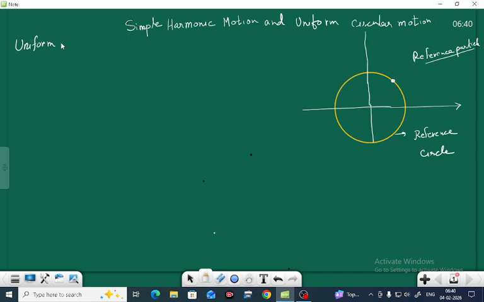Uniform circular motion is not a simple harmonic motion, not SHM. Why are we reading then uniform circular motion? If we take the projection,